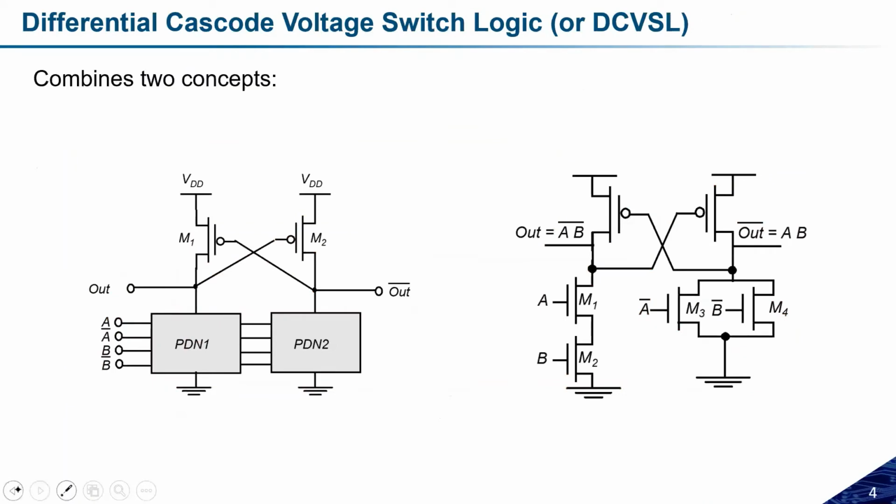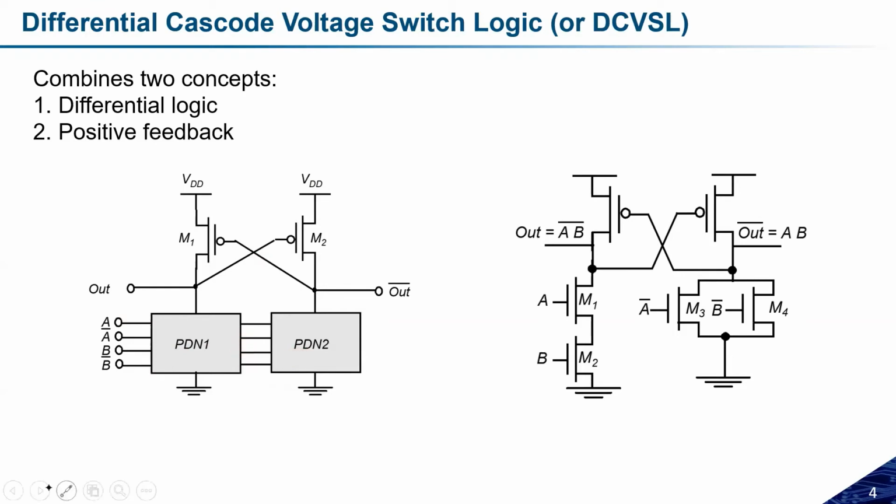To overcome that problem, there is an alternative solution, and that solution is the differential cascode voltage switch logic, which combines two concepts. One concept is differential logic, and the second concept is positive feedback. So how this logic has been implemented, see here. Don't see the second figure. Let me explain the first figure. I think I have not included the animation here. Okay, fine. Let us discuss this first figure, and how it will be utilized to solve the problem of the voltage drop.